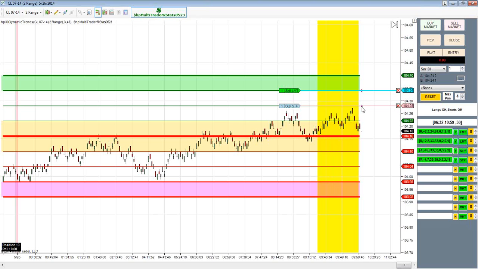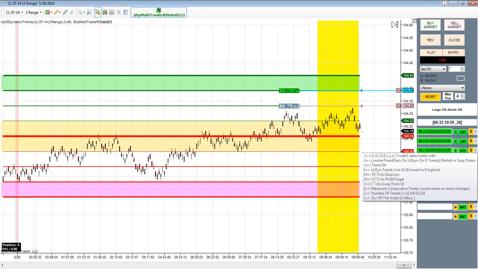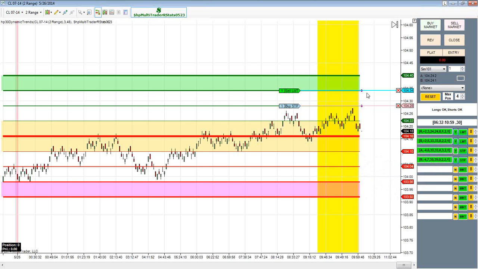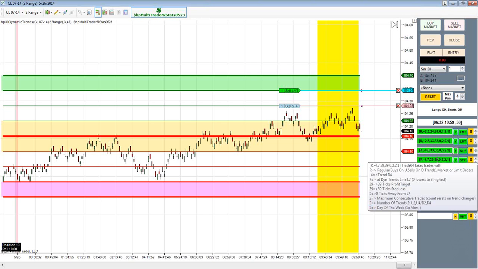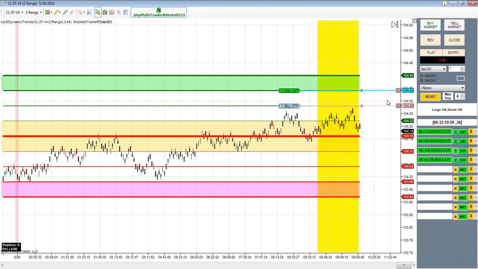It's working on a stop, right? If this trade were to get filled, it would have a 33-tick profit target and a 33-tick stop. If it moved about 6 ticks higher, it would go short here at 104.34 on this trade with a 39-tick profit target and a 39-tick stop. And it would continue to manage both of those trades until the stop or profit target got hit on either one or both. And if it didn't get hit,